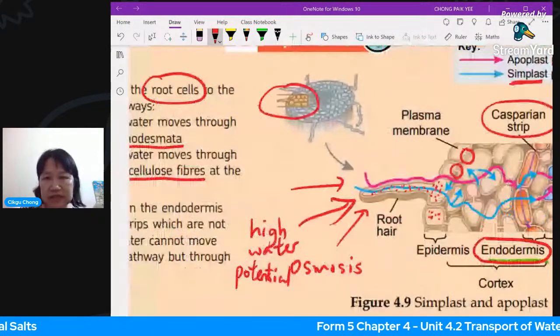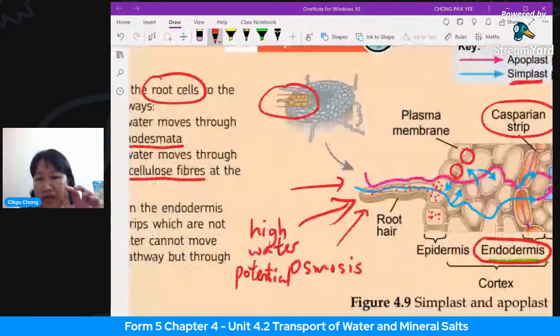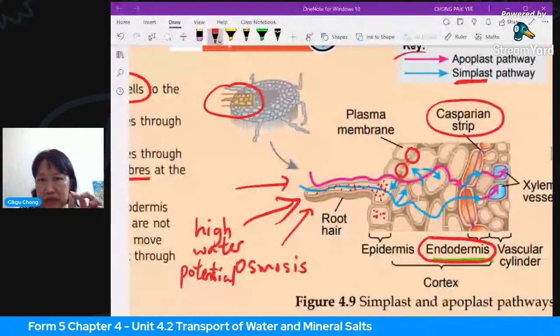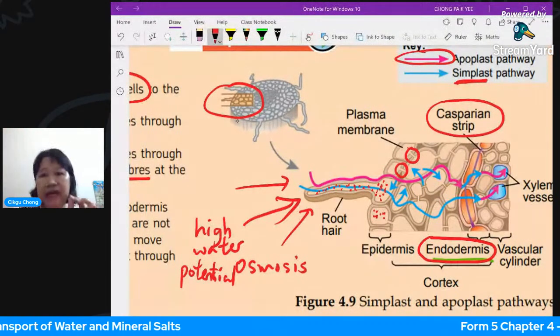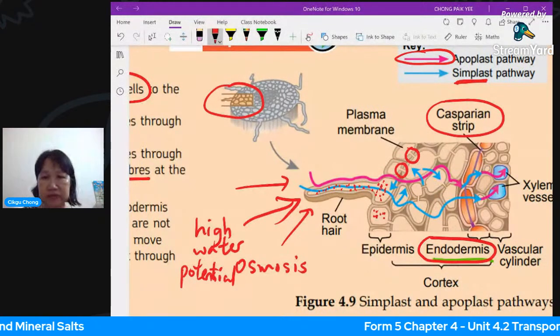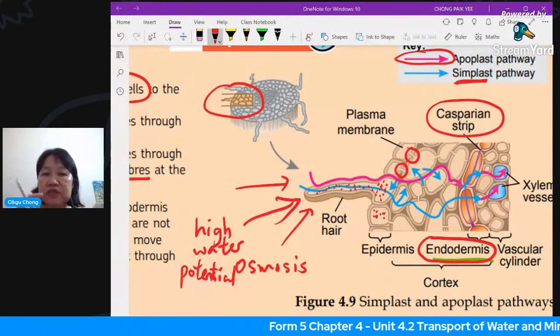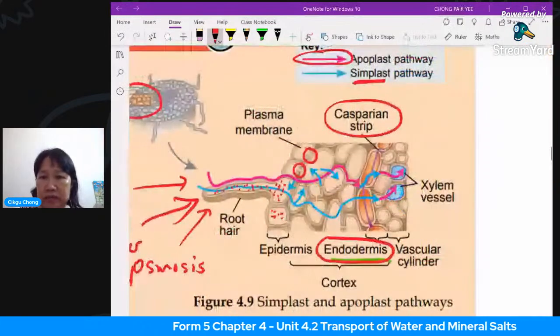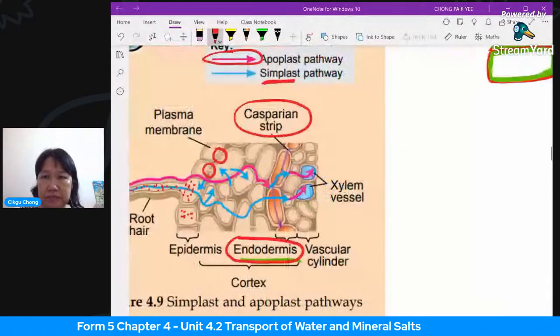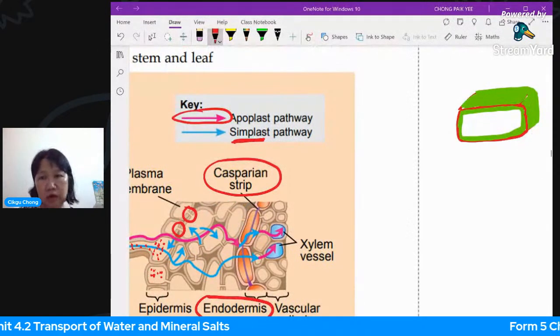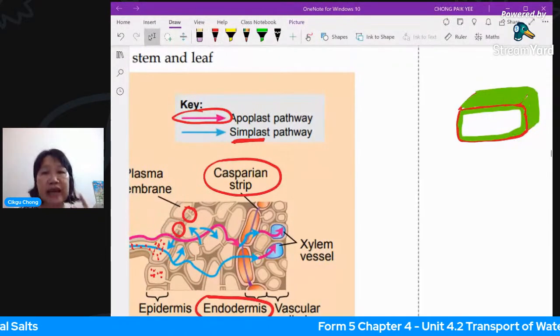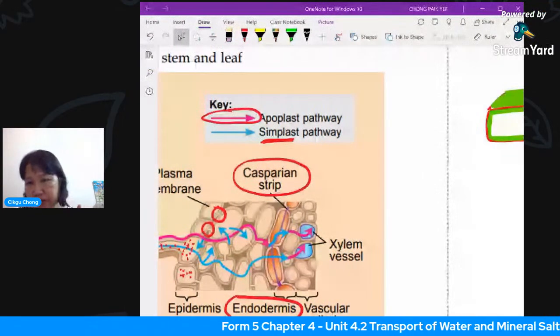Now you can see the red color label here. This one, Apoplast, goes through the cell wall only. It doesn't enter the cytoplasm of the cell. So this Apoplast is passing through the cell wall only. If you look at the picture I've drawn here, the green part shows the cellulose component of the cell wall. So if water were to pass through the Apoplast pathway,